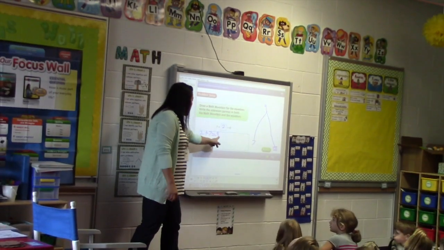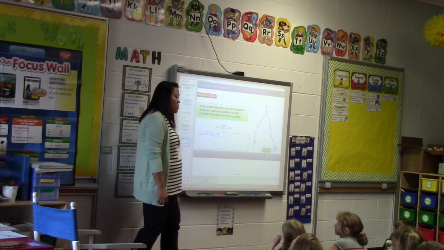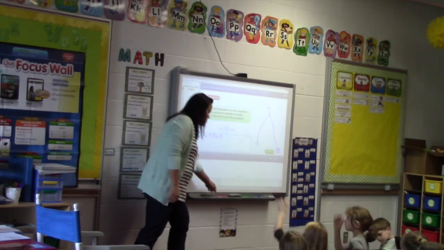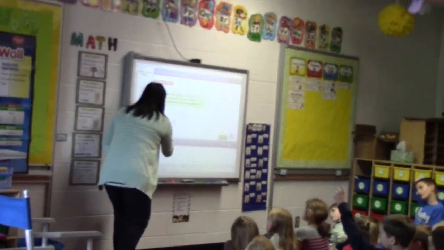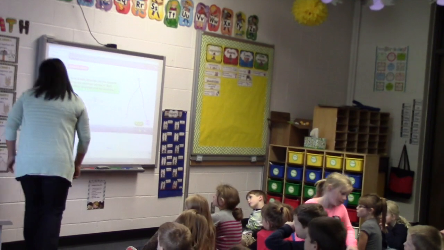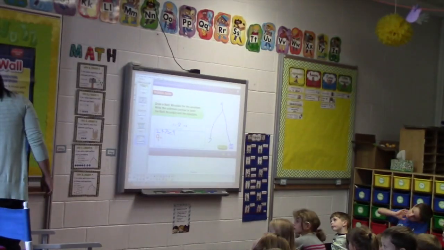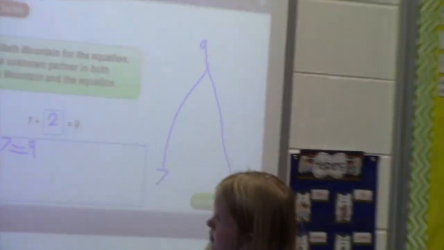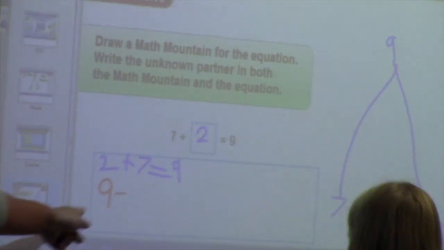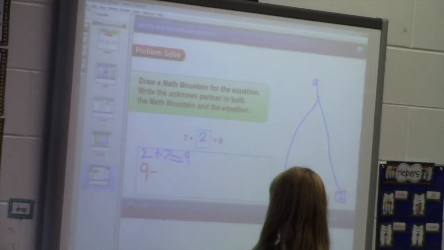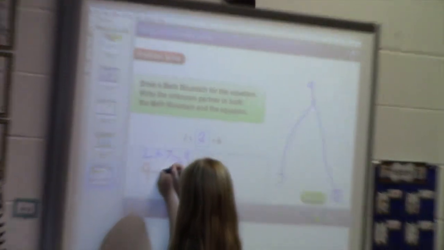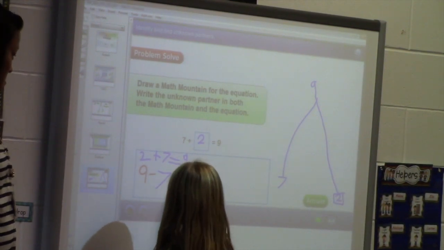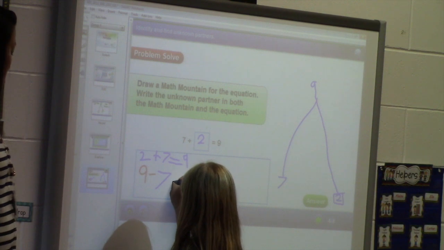subtraction problems. What do I always start with in a subtraction problem? Casey, what number? The greatest number. So I know that, Tori. So if I know that 7 plus 2 equals 9, and 2 plus 7 equals 9, 9 minus 7 equals